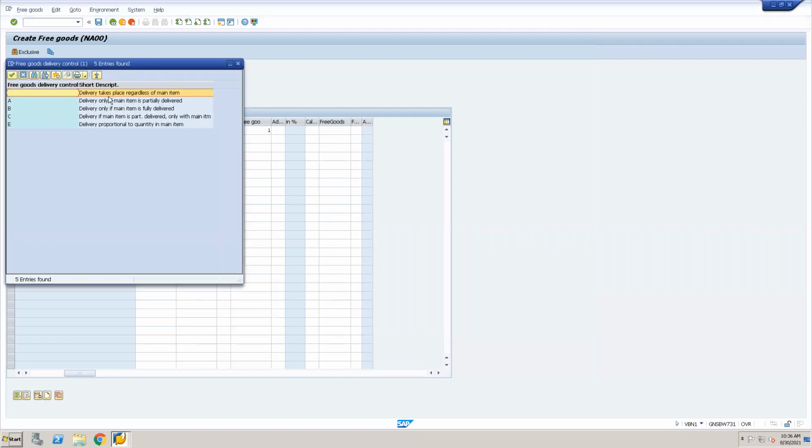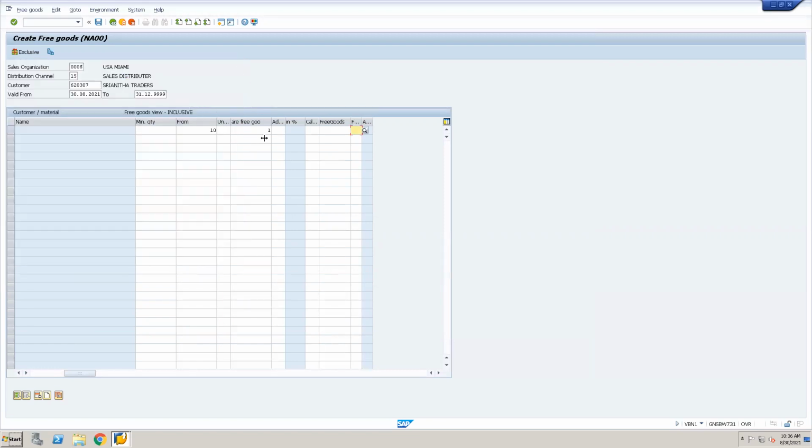Say for example, delivery takes place regardless of the main item, or delivery only if the main item is delivered. Whatever option you pick here, based on that, you will do the shipping part. Order is created, fine. Whatever parameters you have maintained against this field will be applicable at sales order level.